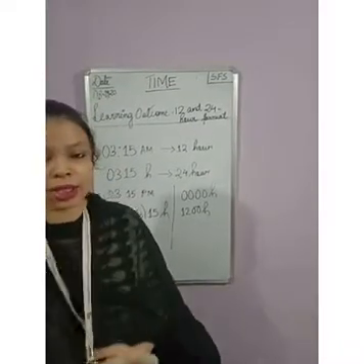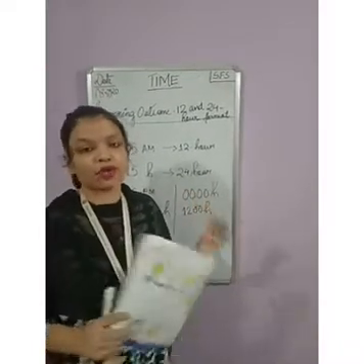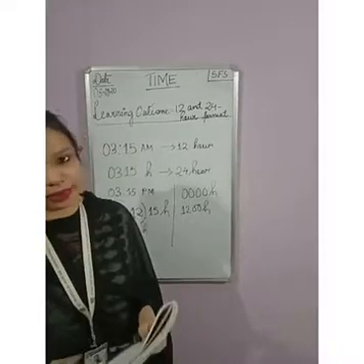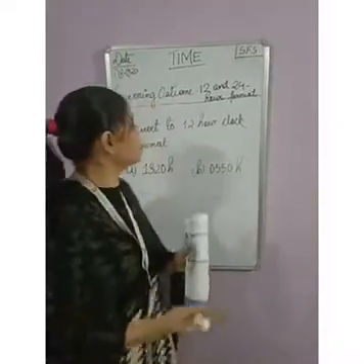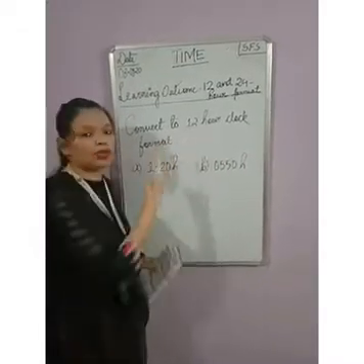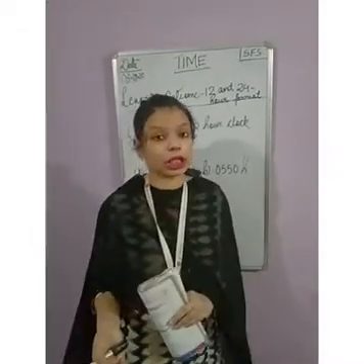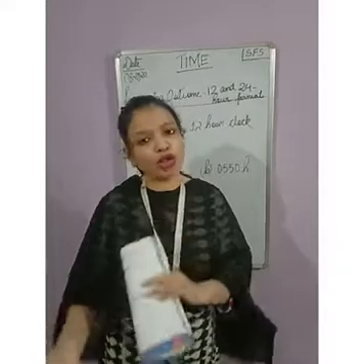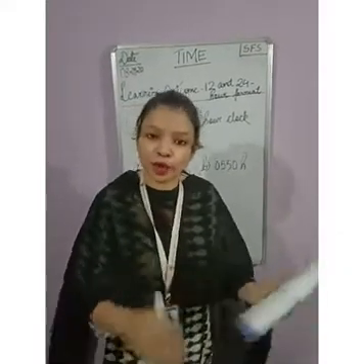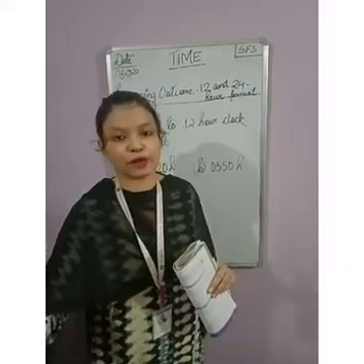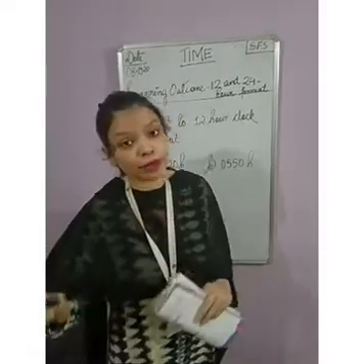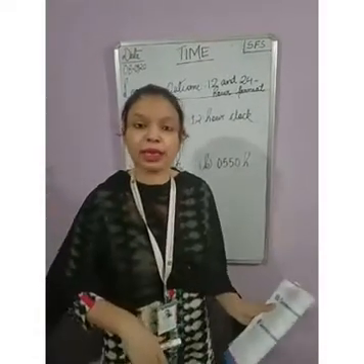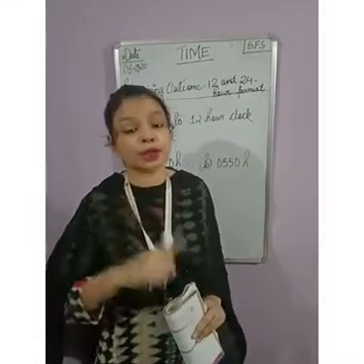Okay children, this topic again I have revised for those students who couldn't attend the live class. Now the next topic is converting to 12-hour clock format. We have to convert the time from 12 to 24 or 24 to 12. If you want to convert 12 to 24 format, we add 12 to the number, that we already know. But if you have to convert 24 to 12 format, then what do we have to do? We have to subtract 12.